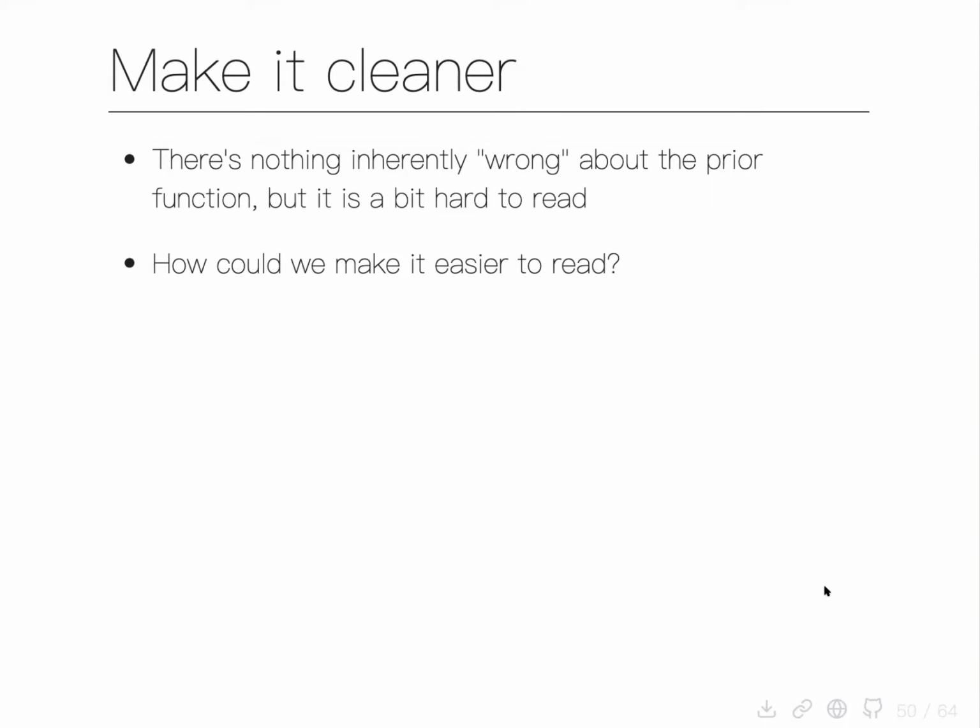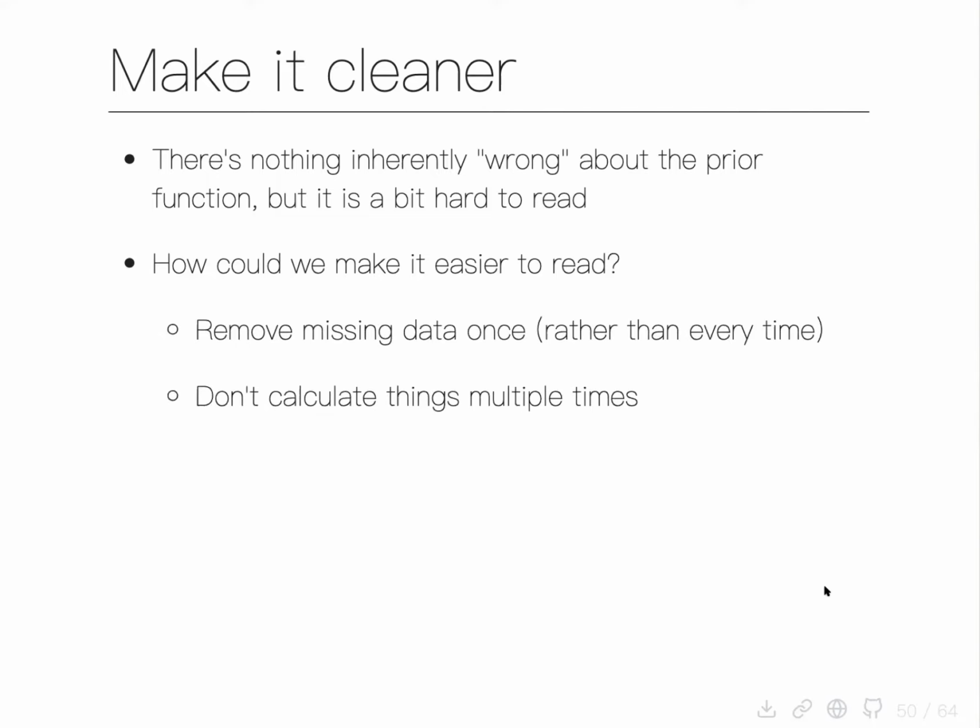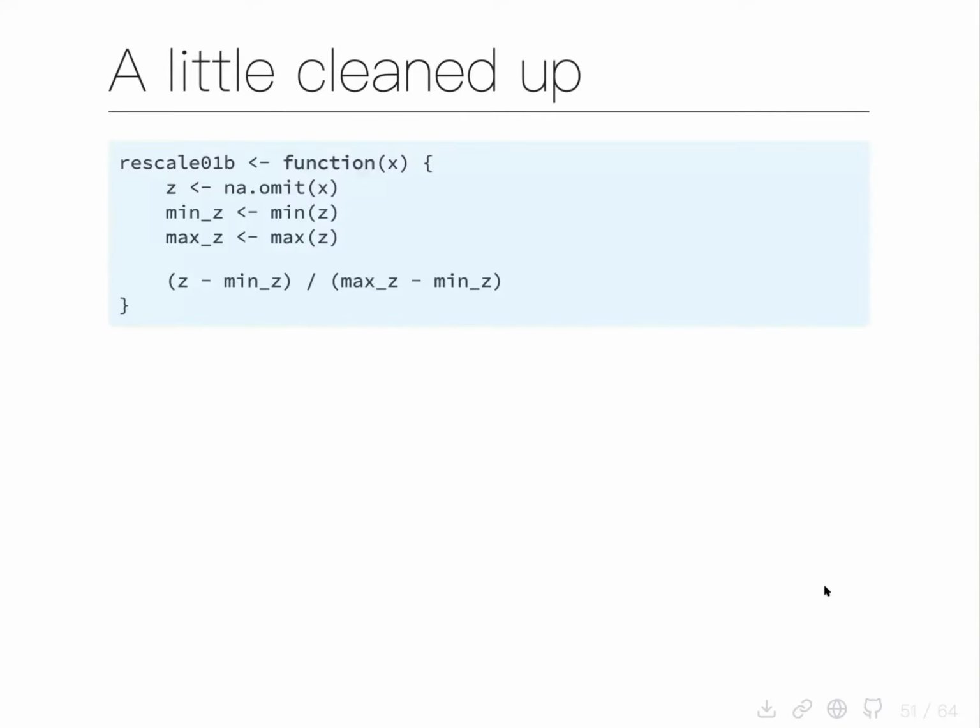Okay, but if we look at that function, we could still make it easier to read. A couple things we could do in this case. We could remove missing data once rather than doing it every time we're making a calculation. And anytime we're using the same calculation, we should just reuse that calculation rather than actually calculating it each time. Okay, so here's a little bit cleaned up version